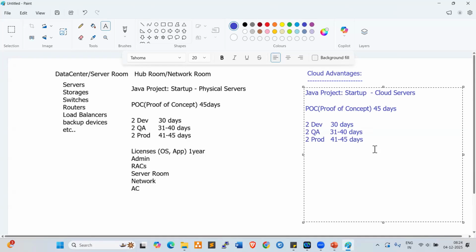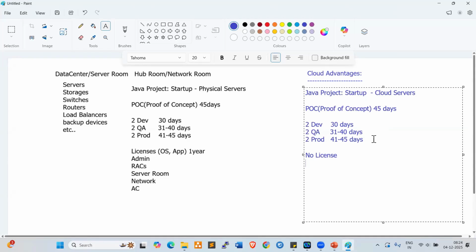Whenever you want to create any servers, we can create them within a minute, which is nothing but on demand. We don't need to create all the servers at a time. When we are using cloud servers, we don't require any licensing. No license, the vendor will take care, AWS will take care.